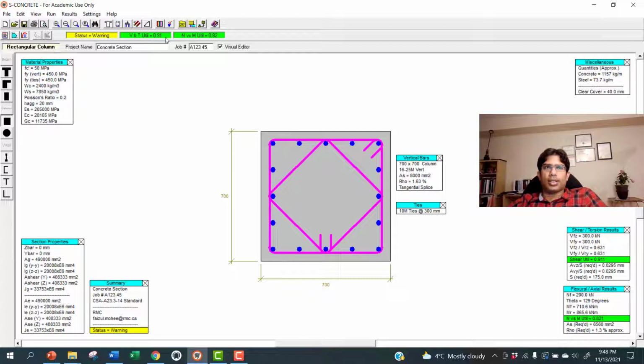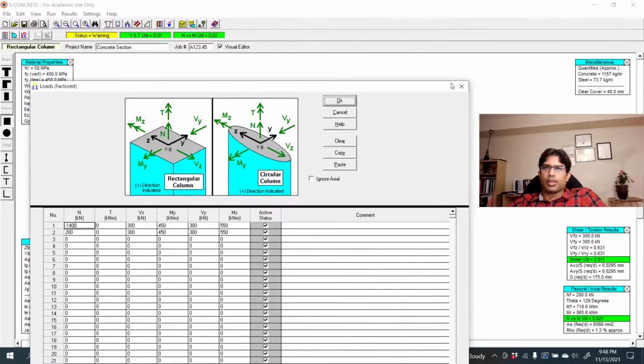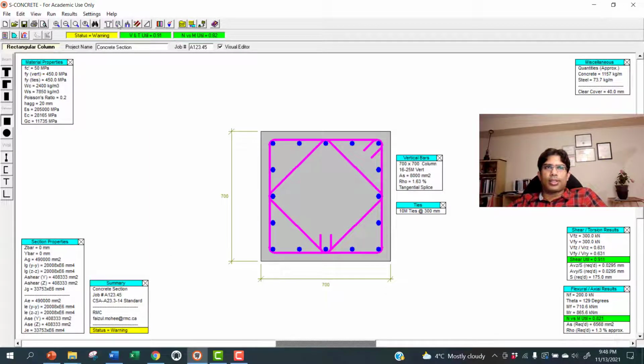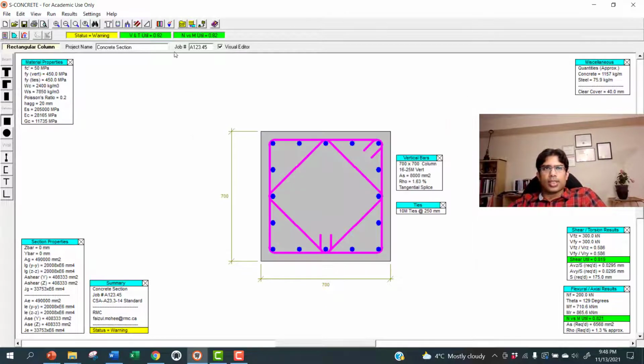and see that this one went a little bit up. We want it less than 0.9, so we need to change it back. So maybe, no, not this one, we need to click on the reinforcing, and maybe we can put 250 and see what happens. Now both of them are 0.82, which is less than 0.9, and say less than 0.85. So it's a pretty good design.